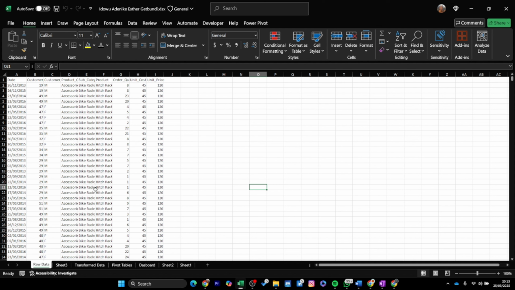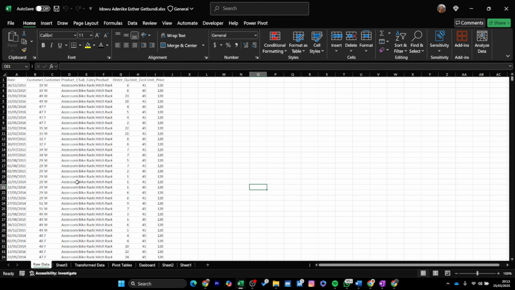So the first thing we're going to be doing is, this is the raw data, and like I've explained, you do not touch your raw data. All you need to do is copy your raw data and then paste it into a new sheet. The reason is, just in case your stakeholders or your managers or your clients or whoever has given you this data set have changes or there's an error they are trying to check,